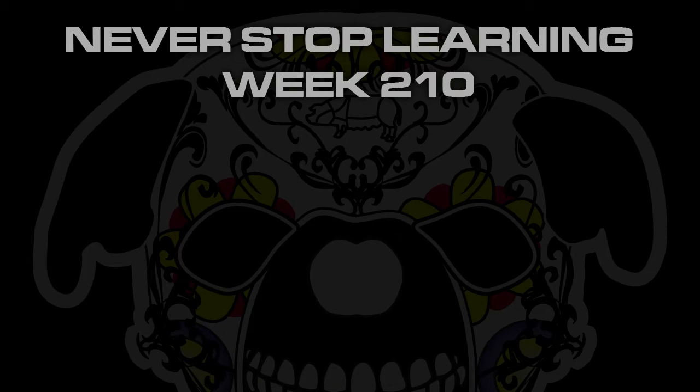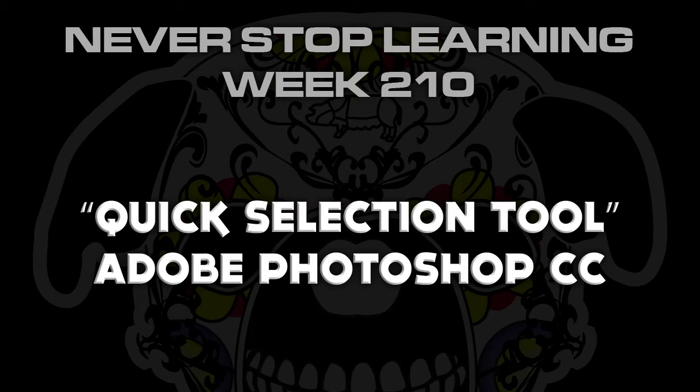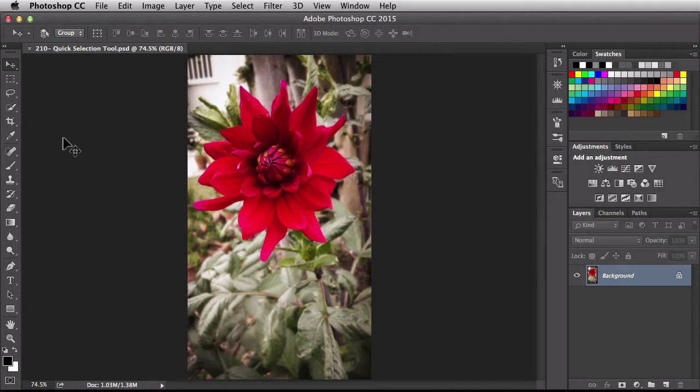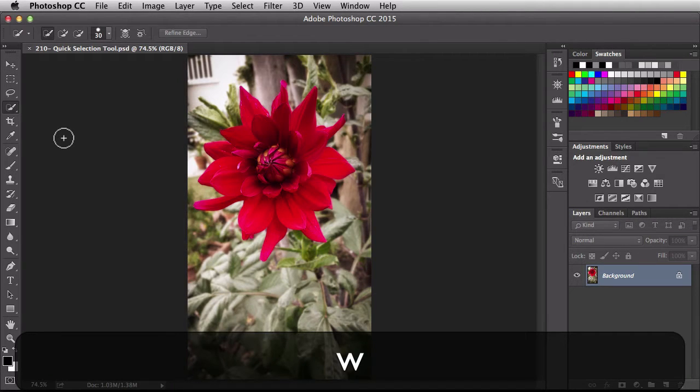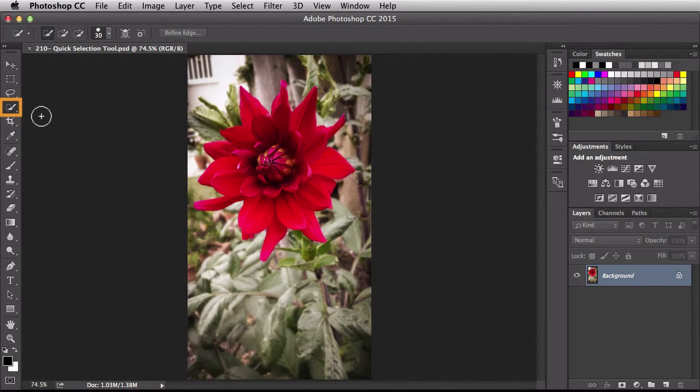We're going to take a quick look at the Quick Selection tool in Adobe Photoshop CC 2015. Now, the quickest way to activate this tool is by hitting the W key on your keyboard. If you look over here on the left, right in the Tools panel, the Quick Selection tool is already activated